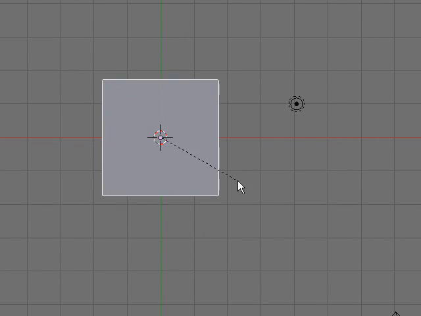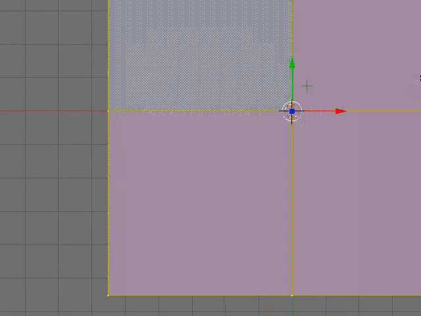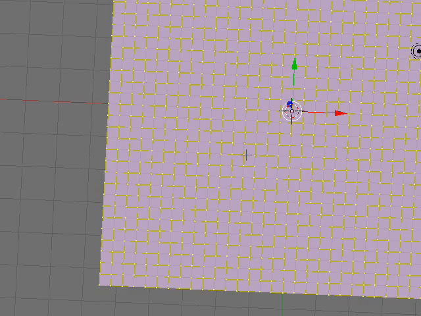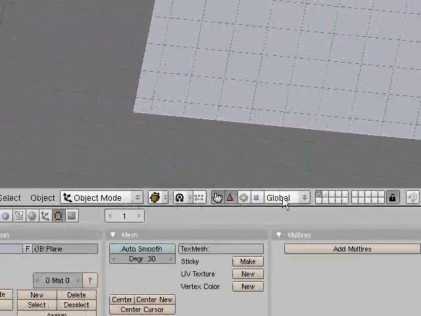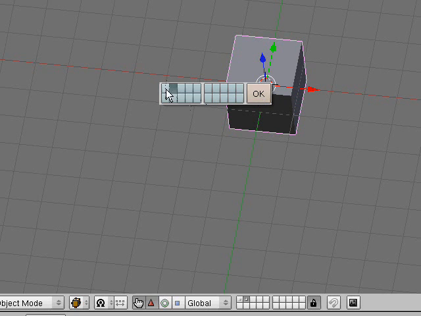And size it up. Go into edit mode, W, subdivide, subdivide. That's good. So, go on your second layer, select your cube, press the M key, move it back to your